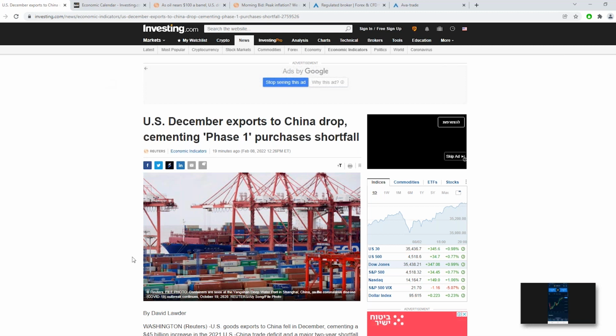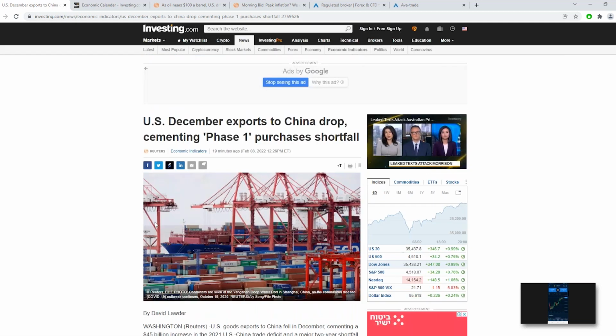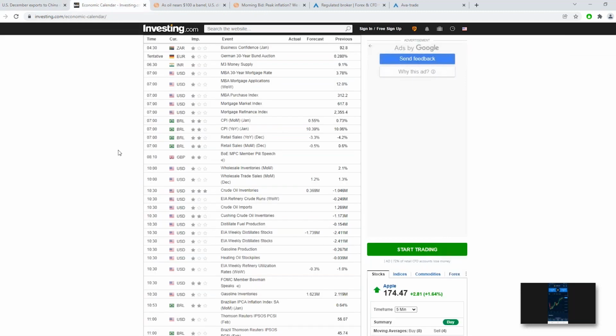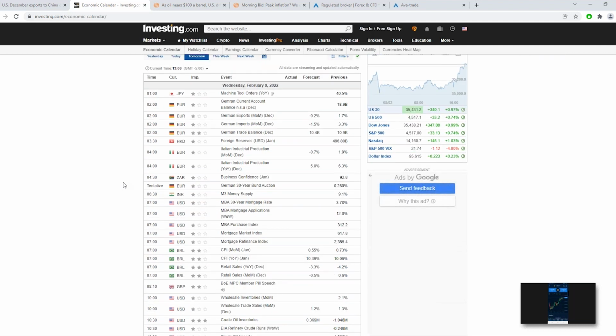That's what this headline is saying. There was a shortfall on the amount that China promised to import in terms of U.S. goods. And so they've kind of defaulted on that promise, which maybe doesn't surprise a lot of people in terms of that deal maybe not being followed through on by China. Maybe if President Trump was still President Trump, with the large threats that he liked to make economically and about tariffs and such, maybe that would have turned out differently. But that's the situation as the headline is showing it, but not really a big market mover type headline.